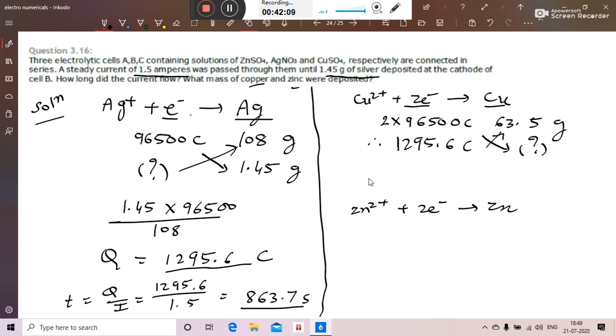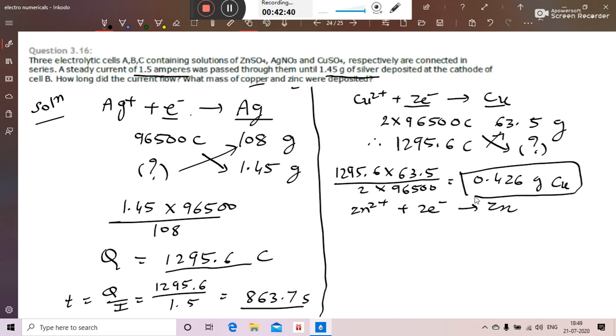So when you do cross multiplication, we have 1295.6 into 63.5 divided by 2 into 96500. So mass of copper deposited will be 0.426 gram copper. So this is our second answer,